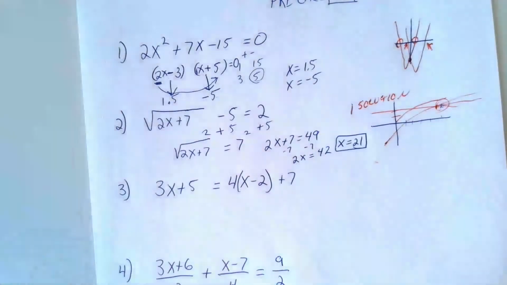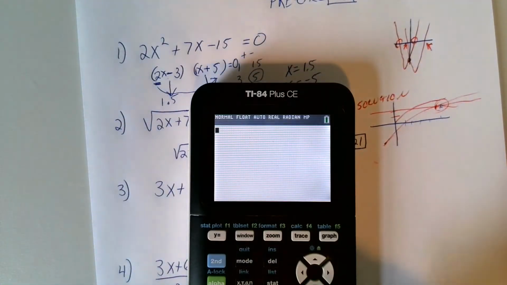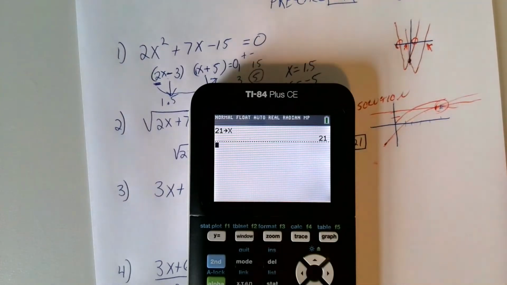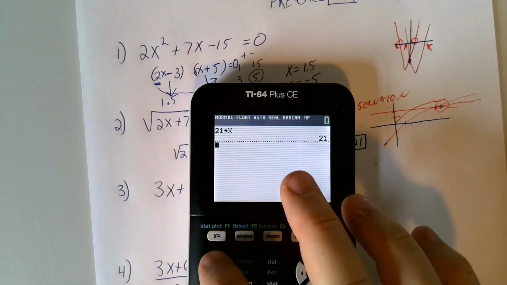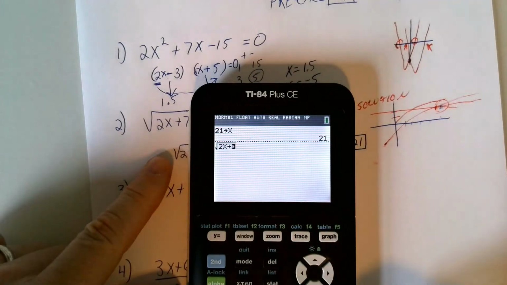But how do I know that that works? Well, let's go ahead and put it into our handy-dandy calculator again. 21, store it in X, hit enter. There you go, focus that again so you guys can see that. And then simply type in your original problem. So second square root, 2x plus 7